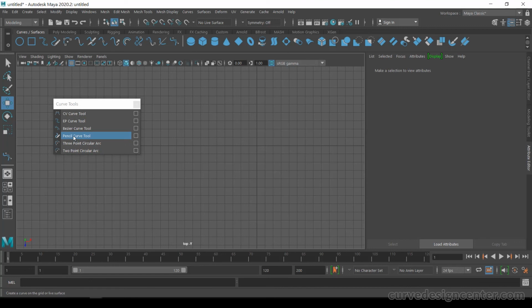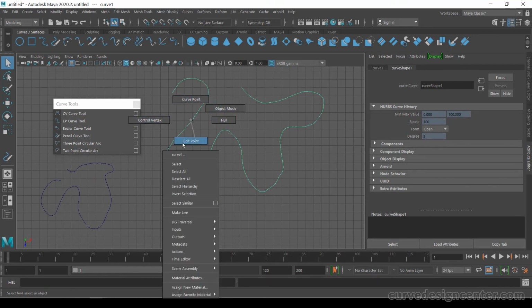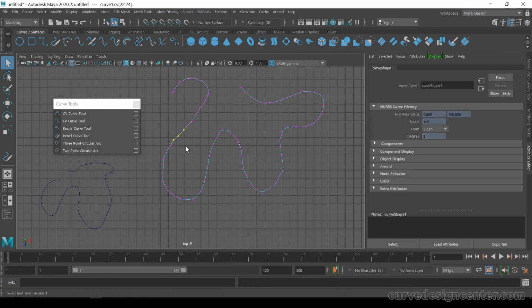Fourth option is the pencil tool. It's a freeform curve creation method. Click and drag. So it's quite simple, and you can click and drag next time also to continue. If you want to exit from this pencil curve tool, choose the select tool. I just select. And one more thing, the modification options are still the same, so you can select and choose the move tool, and you can also